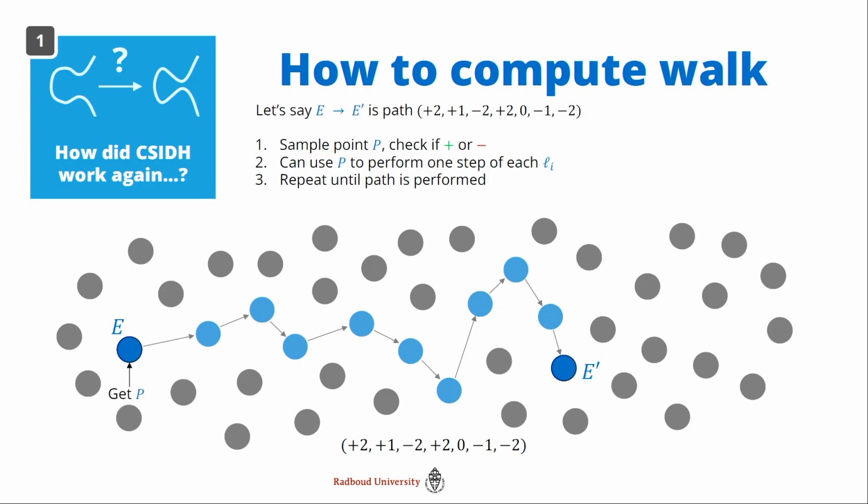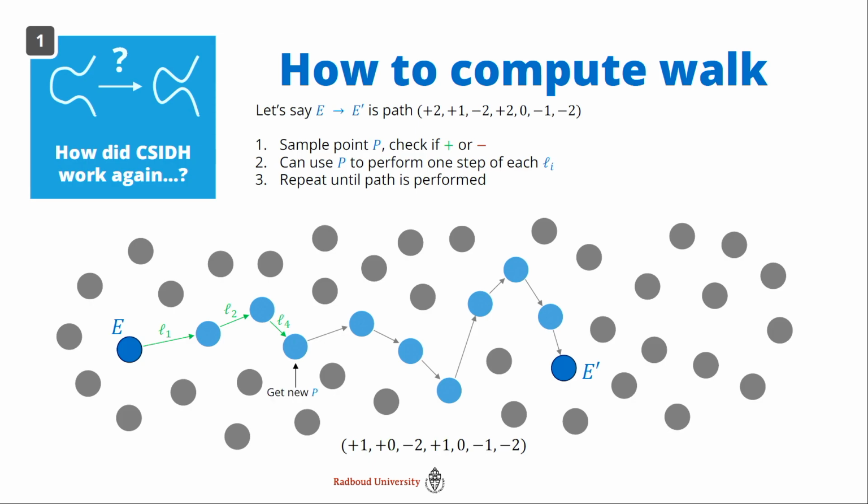So if we would want to perform this path, what we would do is we would get a point on the first curve. We would check, it's positive. Okay, that means that we will be able to do this first Li, the second Li, and the fourth Li. And so we can do the first Li, and we can sort of push this point through this step to use it also on the second curve for the second Li and for the fourth. And now at this point, we've performed all that we can do with it, right? We only have negative coefficients left for the other Li, and this is a positive point.